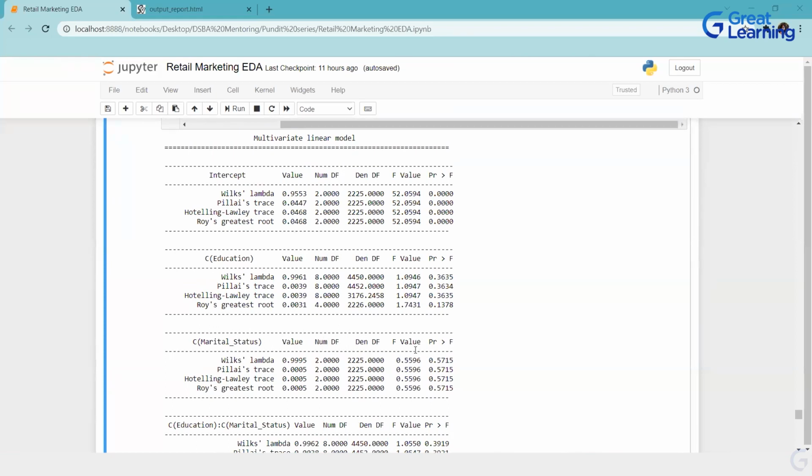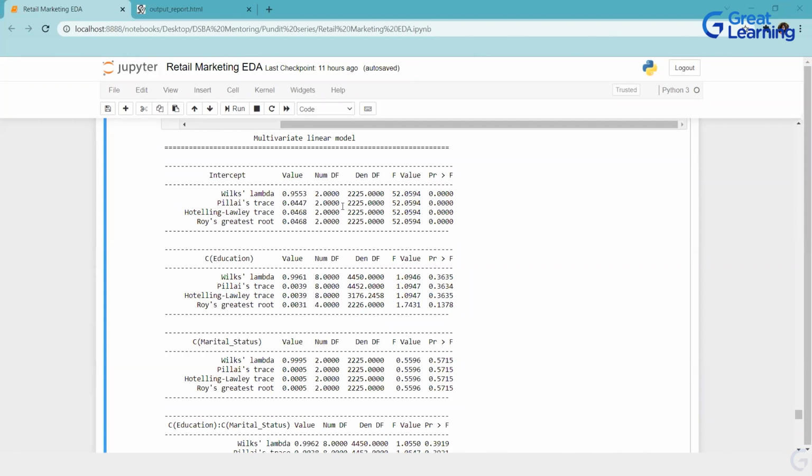So in ANOVA also you have one way, two way, and your type 1, type 2, type 3. Over there also different types are there to consider what is the thing that you are considering in sequence, and then it will give you the output. Earlier we had education being significant, now only income is significant. So does this mean that we can hide other shallow interactions impact if we add too many independent variables? Yes, that will happen. Your understanding is perfectly correct. Again, I'm saying, this is just to show you how MANOVA can be done. This data set might not be the accurate one to do MANOVA, but to give you a feel or to explain what MANOVA is I have done it.